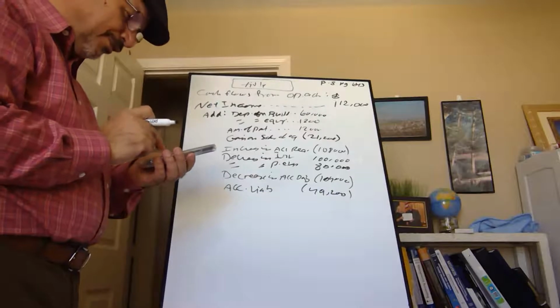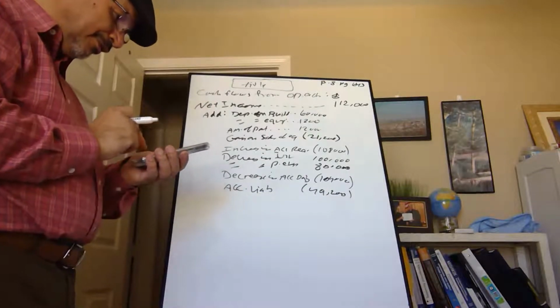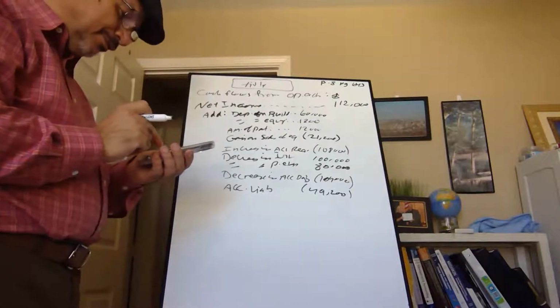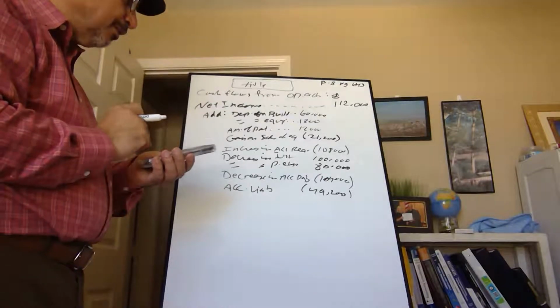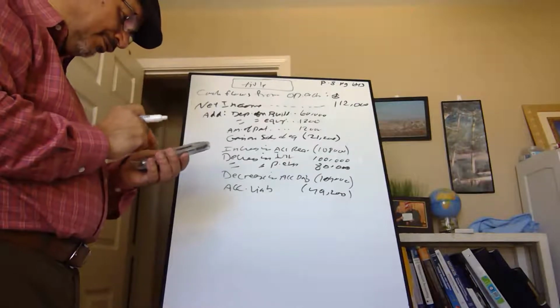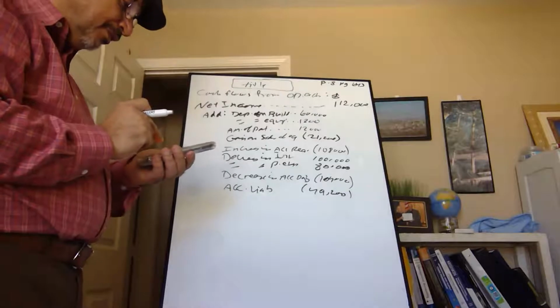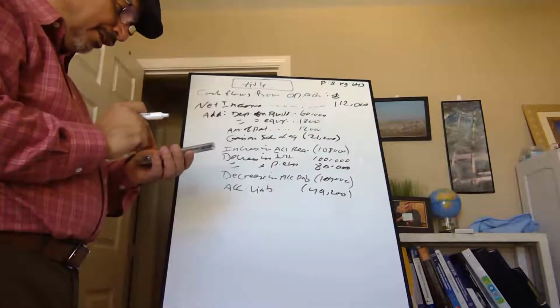Okay, plus 100,000. Okay, plus 80,000. Okay, minus 104,000, minus 49,200. And that will give us